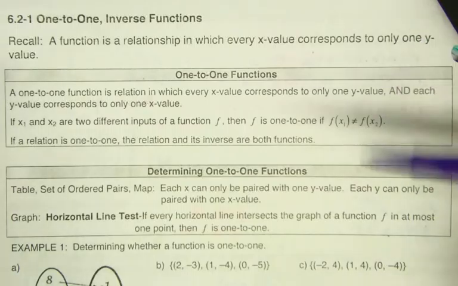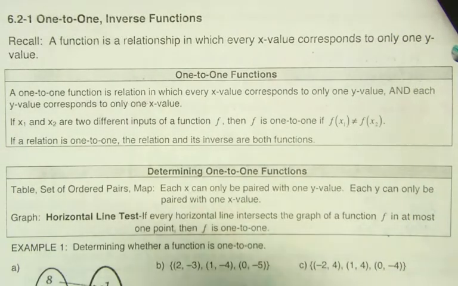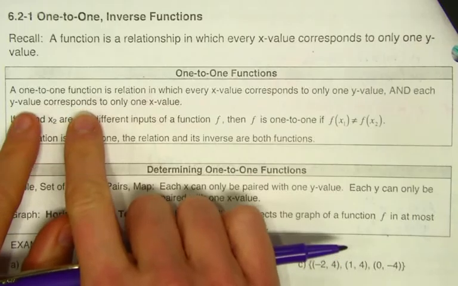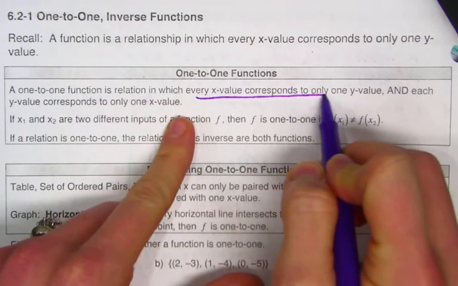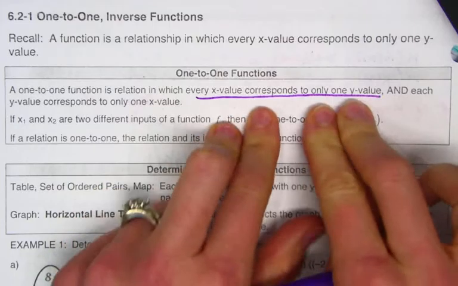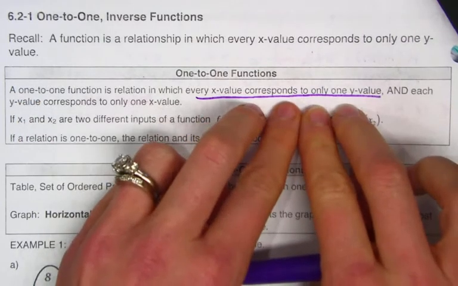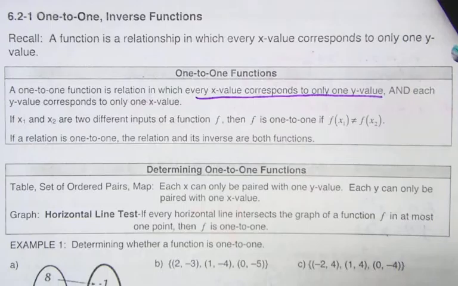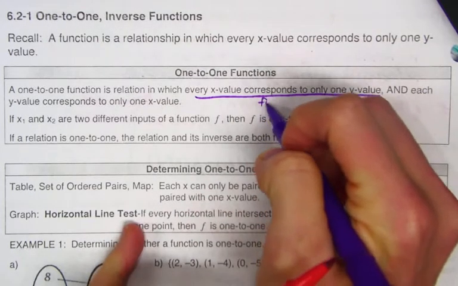One-to-one functions. This is a little spin on a regular function. To have a one-to-one function, every x value corresponds to only one y value, and we already know what this is. This means one-to-one. It means it is a function, but here's the important part: not only is it a function, this purple part here says we have a function,